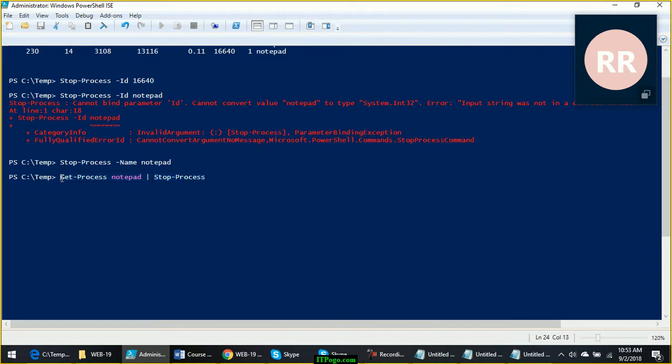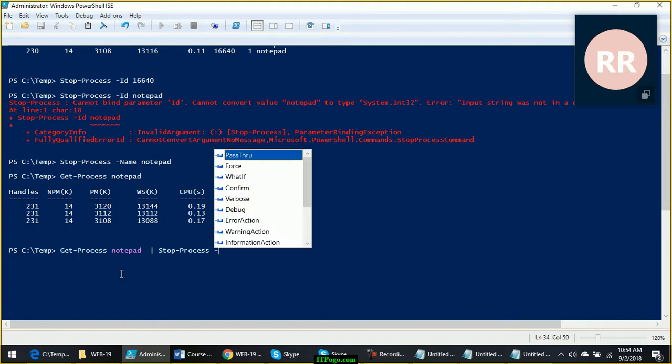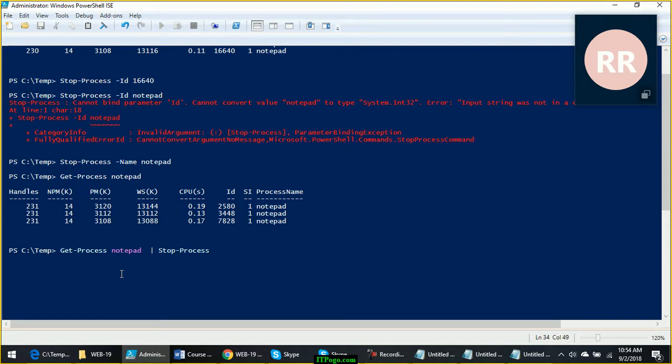It will get the details from the result of this command. So what is the result of this command? The result of this command is three process objects. These three process objects will be passed as input to the Stop-Process cmdlet, and Stop-Process will be able to successfully kill those process objects without even specifying which processes need to be stopped by their name or their ID.